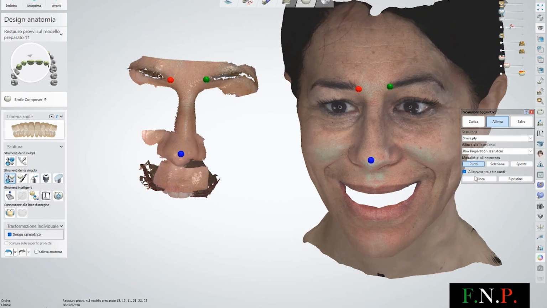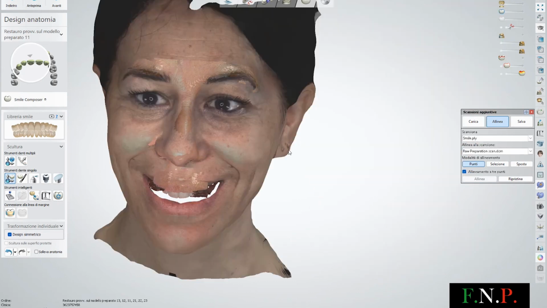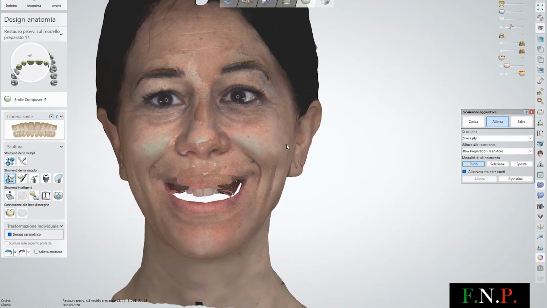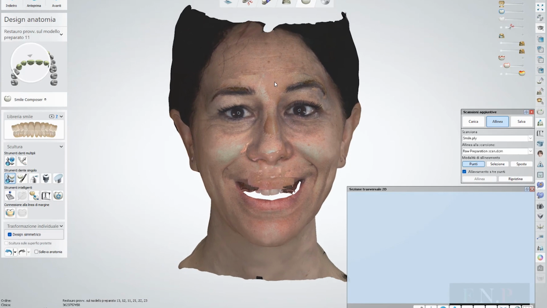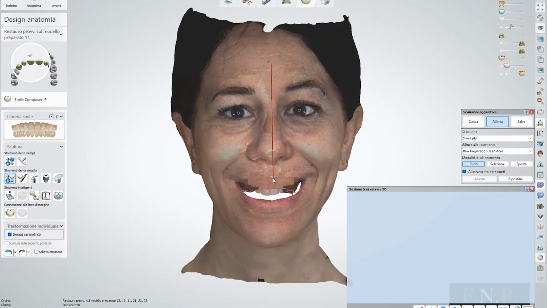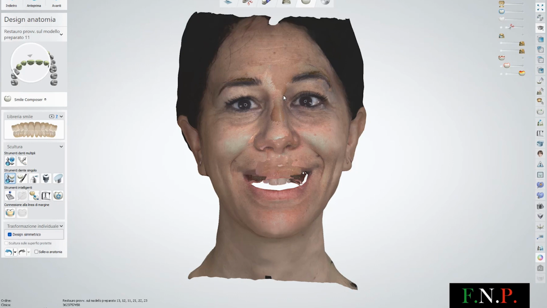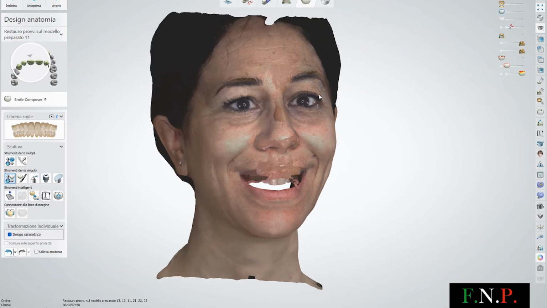Click Align, and before we proceed, we check the alignment accuracy with the cross-section tool. The nose and forehead areas are perfectly aligned, but not the lips area because the lip positions are different. In one scan, the patient is smiling, and in the other, she is not. So as we saw the two scans were aligned, I can remove the perioral scan,